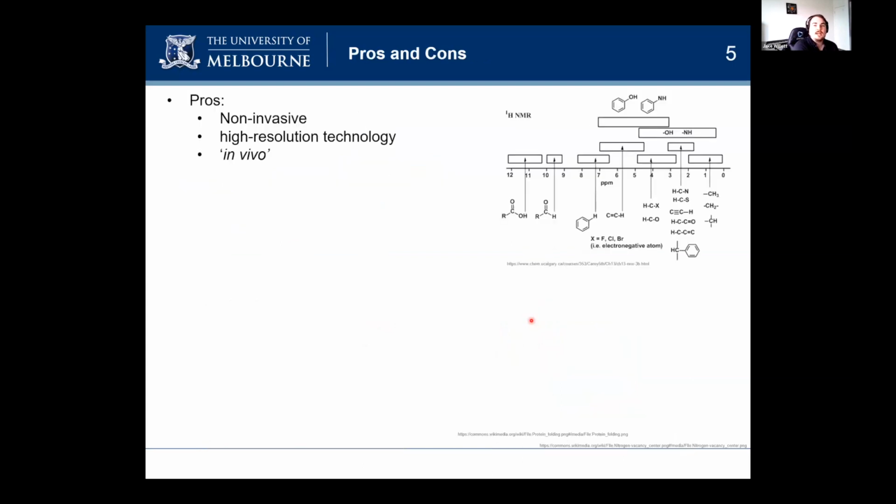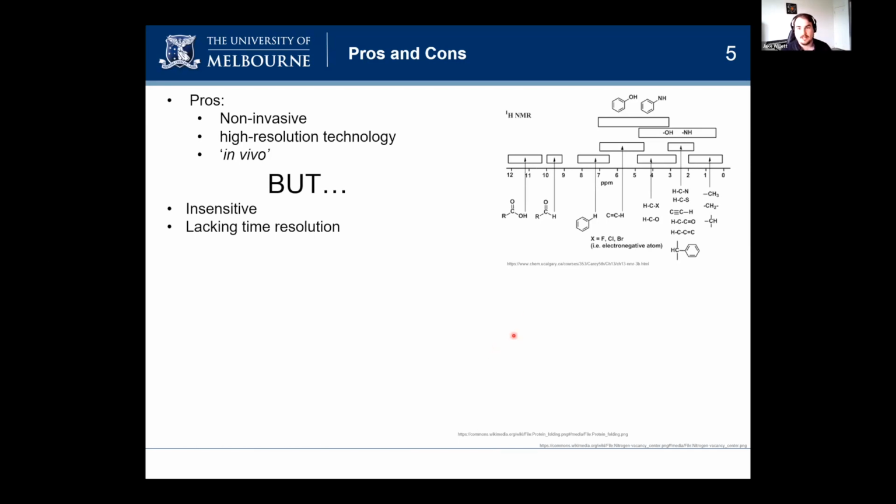So it's quite a powerful technique. It's non-invasive. You don't have to extract whatever molecule you're looking for from its natural environment. Lends itself really well to looking at natural specimens in vivo, and it's quite high resolution, which is really good. But it is quite insensitive and often requires you to run your sample multiple times in order to get an appropriate result. And furthermore, it's often not quite fast enough to be able to